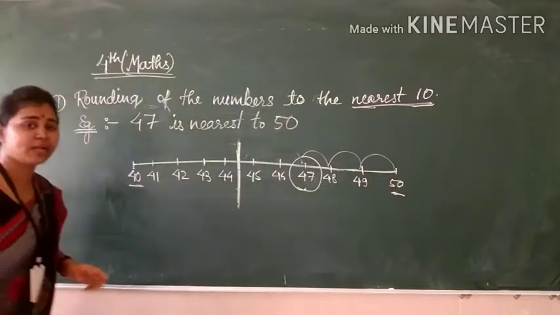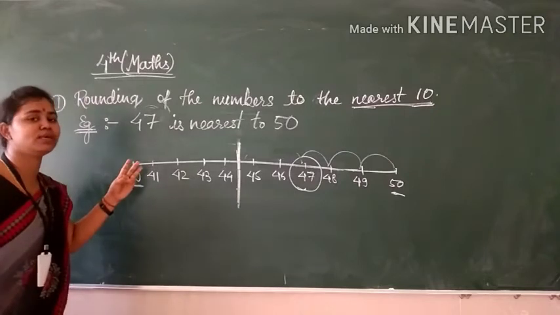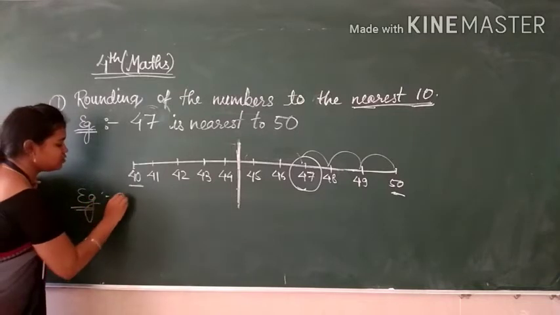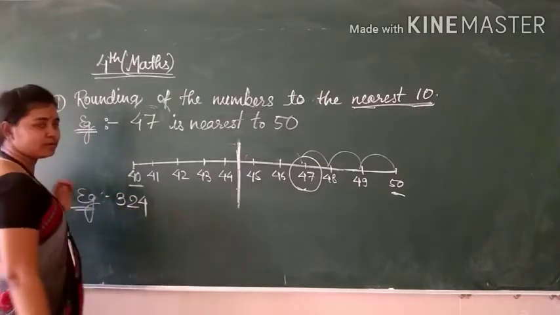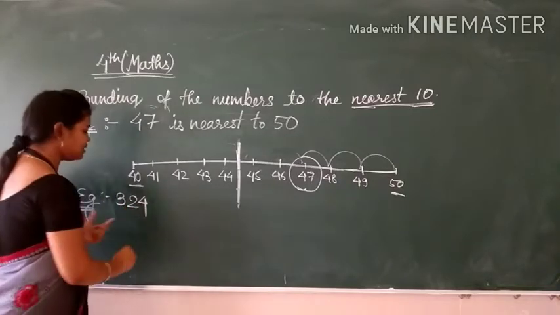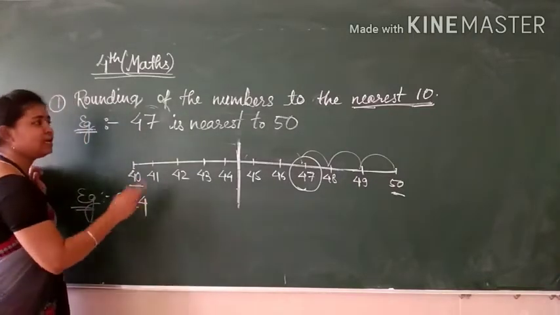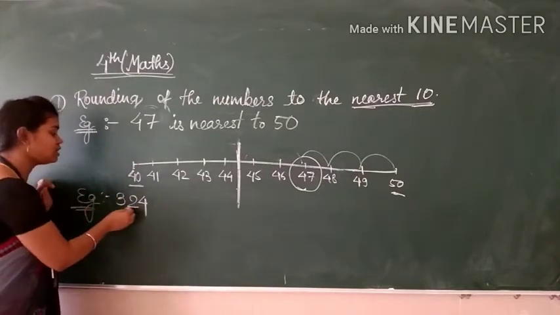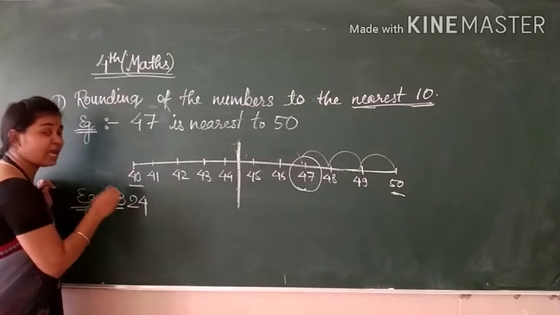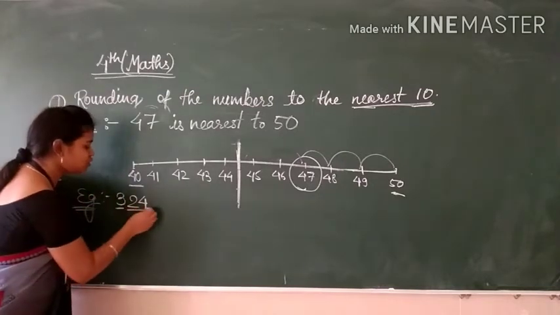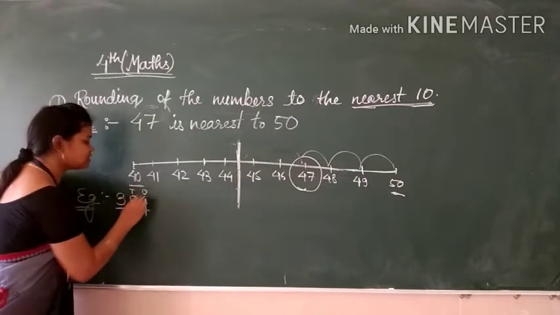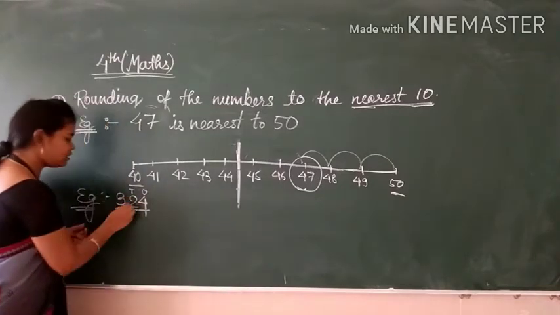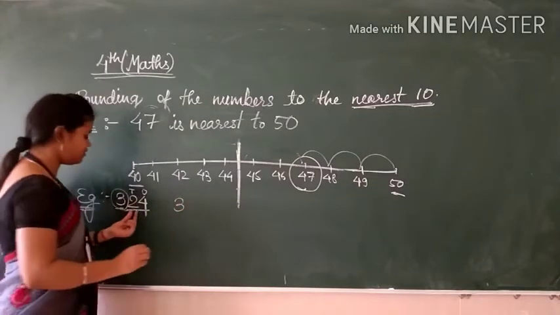Now, for example, if I am taking a 3-digit number and we have to convert it to the nearest 10. So see, for example, we are taking the number 324. When we have to round the number to the nearest 10, we don't have to look beyond the tens. Means the hundreds digit will be the same as it is. We have to see only 2 digits, that is, this one is the tens and this one is the ones. So here tens is 2. So 3 will be as it is. So we will write 300.